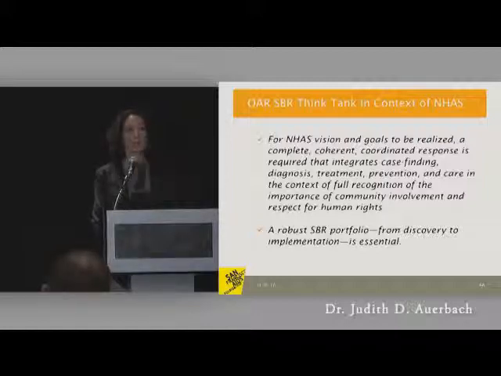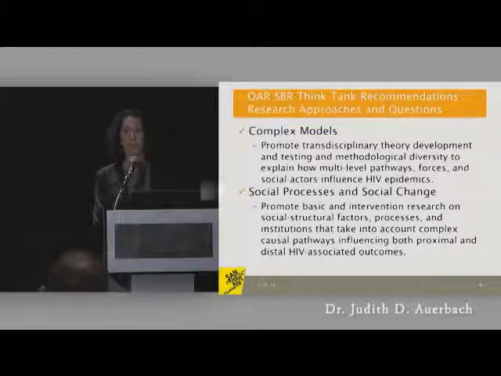A lot of this is code, again, because there's been so much pressure and emphasis on interventions research, and that tends to be what gets through the review panels at the NIH, and folks have really been arguing for more basic research. Here are some of the areas that group thought should be emphasized in this moment to move the field from a lot of the stuff we've been doing over and over again: complex models, transdisciplinary theory building, even doing more research on social processes and social change. A lot of federal agencies are not real keen on funding research on social change because the targets of that social change are often them. But people feel that's obviously very important research.